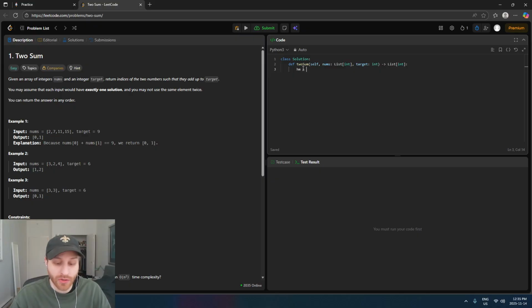So we'll start by creating our hash map, and then we're going to iterate through our list. So for each num in nums, we will calculate the difference. So difference equals our target minus num, and then we will check if that difference is in our hash map. So if it's in hm, then what we can do is we can immediately